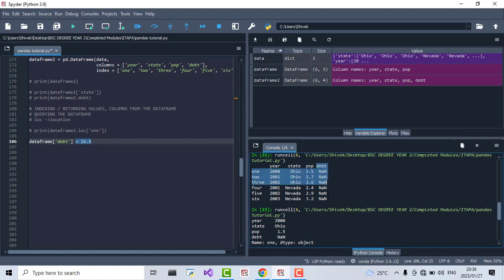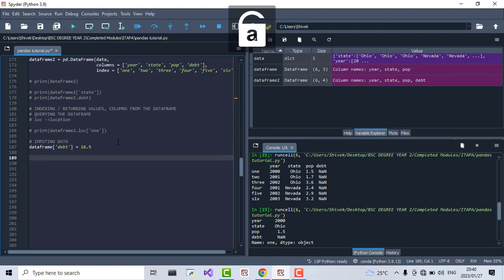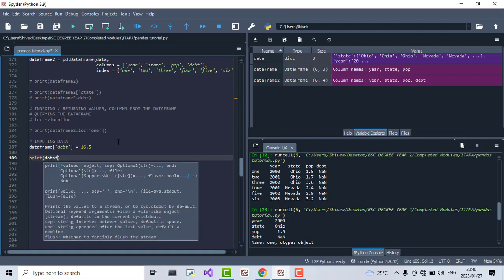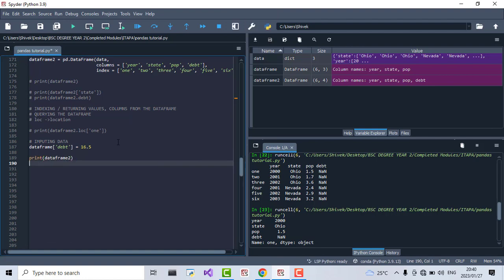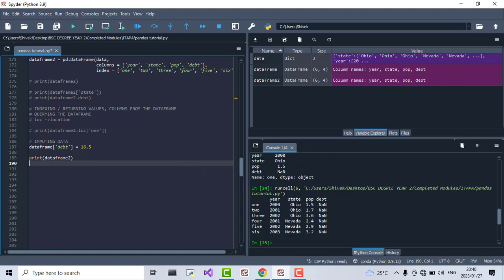the default data frame, right? Now it's going to tell us that the entire det column, all these NaNs, are going to be set to a value of 16.5. Now this is often known as imputing data. It's where we place or add data into a data frame. So that's fine. Now let me print data frame 2, and as you guys are going to see, so that